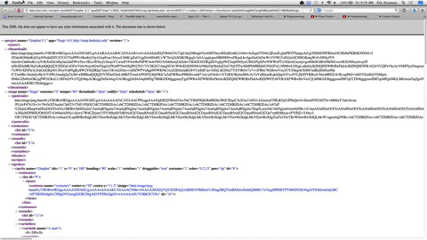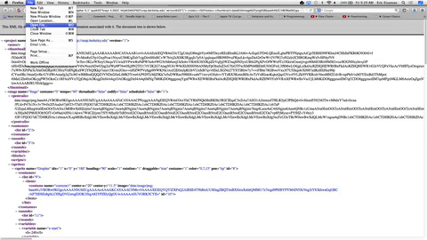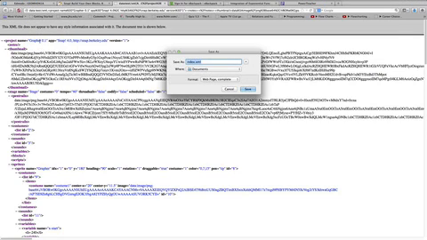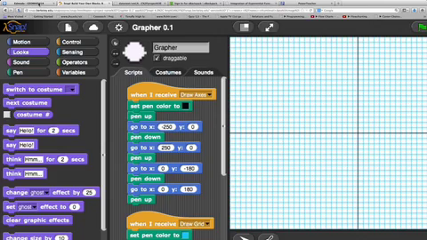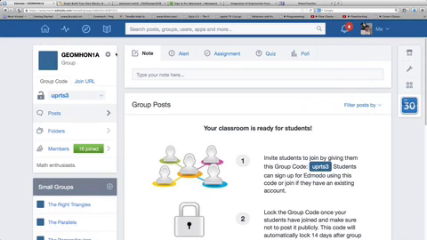So I then go over to my browser and I go File and Save the Page as an XML file, and I can name this, for example, example export, and I'll just save it to my documents, and then it's done just like that. I got that XML for my project, and then I can go over to Edmodo